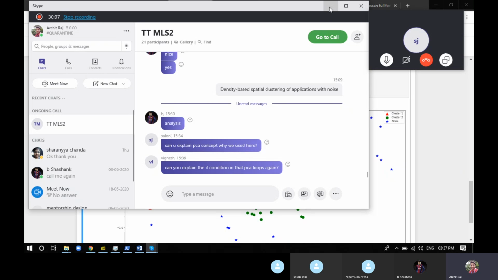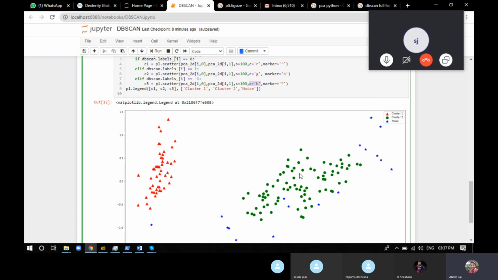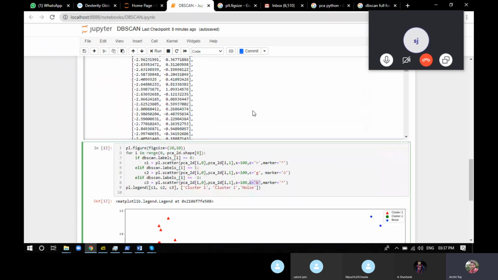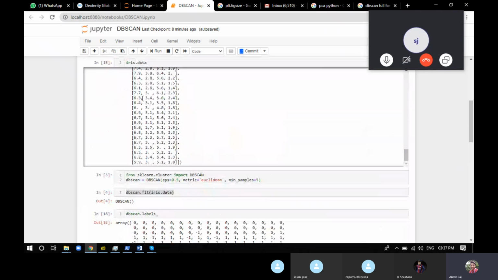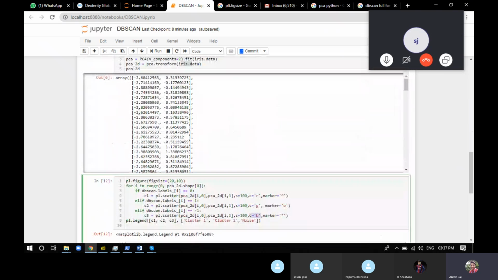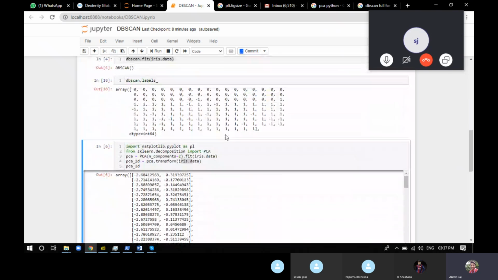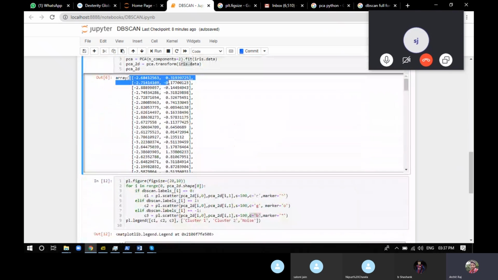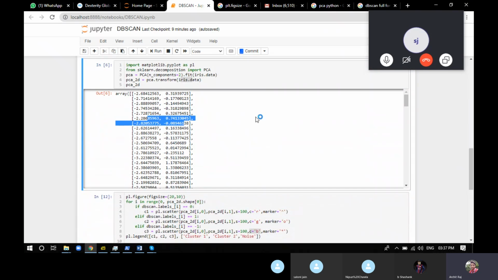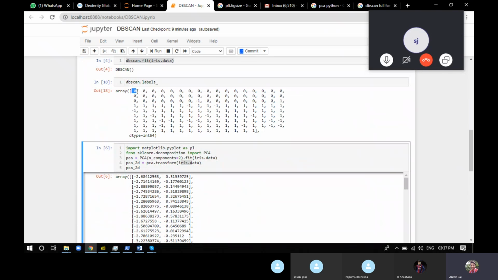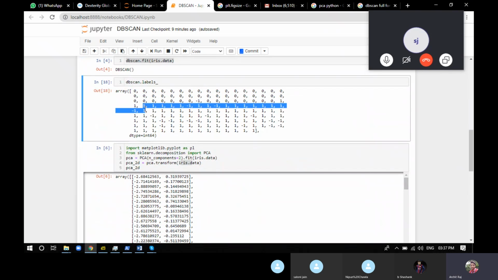Now the if conditions again. What exactly happened is we have our 4D data, and we have converted it into 2D data. The data are arrays of 0 and 1, 0 and 1, 0 and 1. Simple. Now we're going to iterate through the whole array, like this one, this one, this one. We iterate through all the elements inside the array and find out for which one we have 0, for which one we have 1, and for which one we have -1.